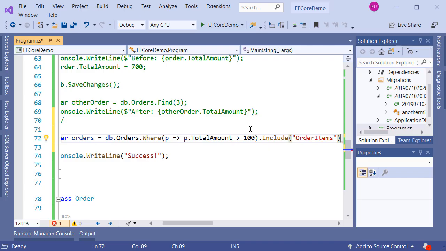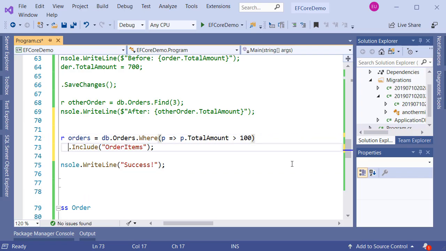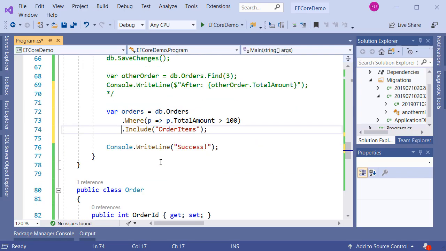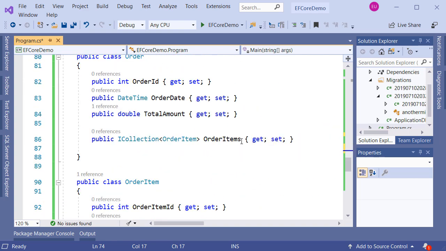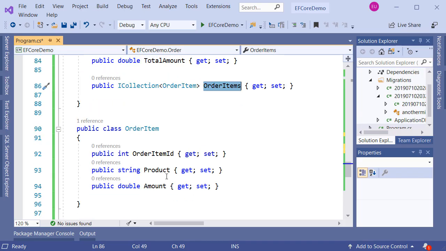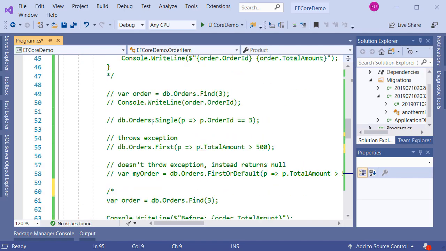And by navigation property, what does that mean exactly? Let me push this off to another line of code. We take a look at this OrderItems property. In a sense, this is a navigation property that allows me to navigate from one order to one or more order items. So that's what they mean by the navigation property. It could go the reverse way as well. If we had a reference back to the original order, then it would be the navigation property to get from a single order item to its parent order. All right, so at any rate,